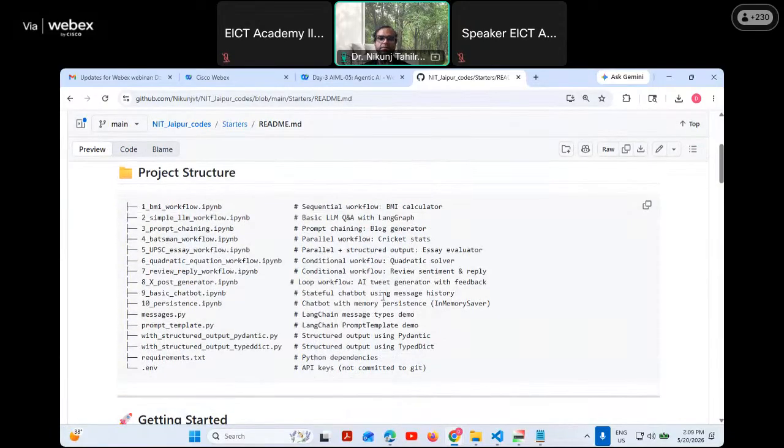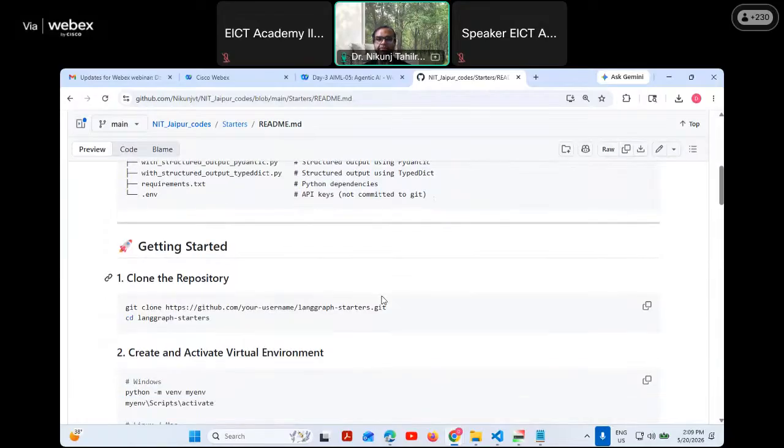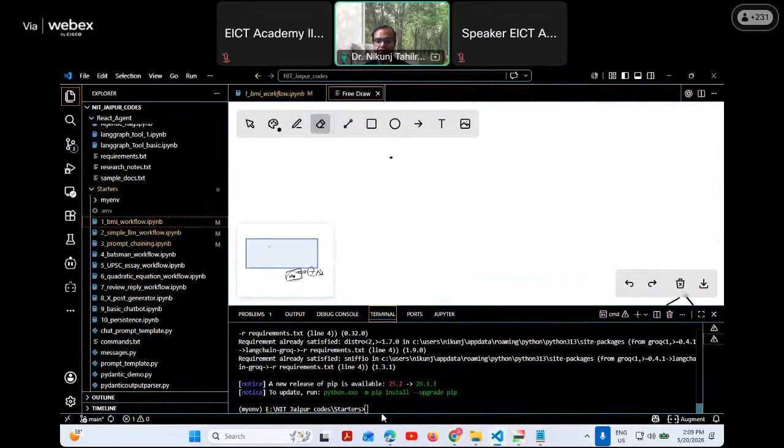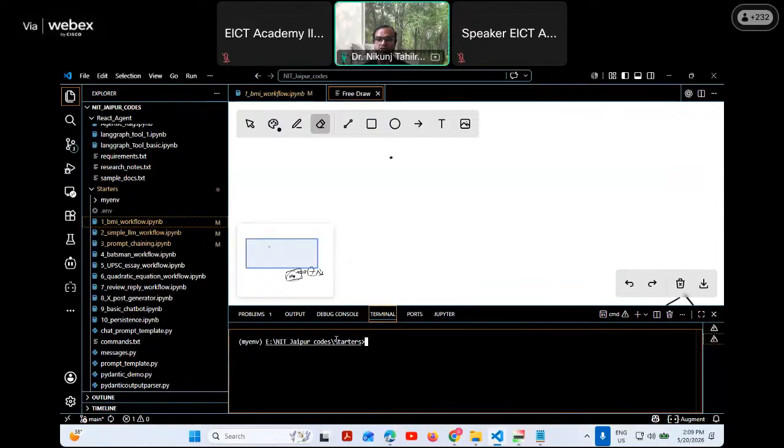Here I have listed all the procedure that you need to start from the beginning. Let's say the thing which I told you: you have to first clone, and then go to that folder. So here you will get that folder directly. Currently my folder is NIT Jaipur codes. Here I have all this code base. This is my code base, and this is the starter folder in which I currently am. Once you see your file over here, once you are in this path, which is your folder path,